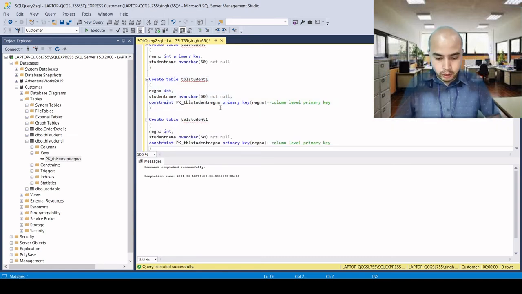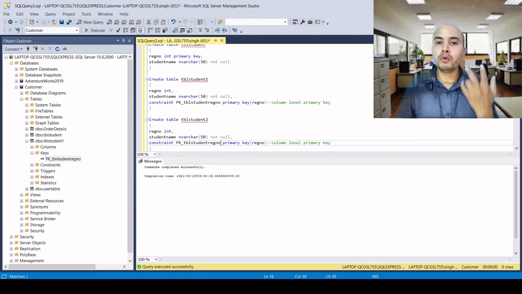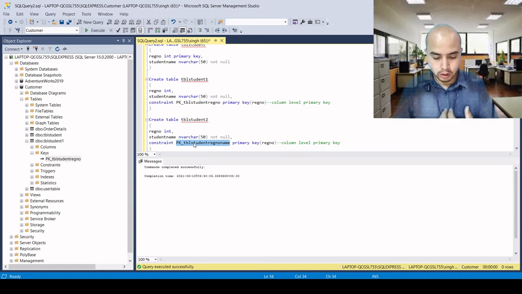If we create a new table, let's say TBL student 2, and here I just want to create a primary key with the combination of two fields, registration number and, let's say, name. I want to create the primary key on the basis of registration number and student name: primary key registration number comma student name.